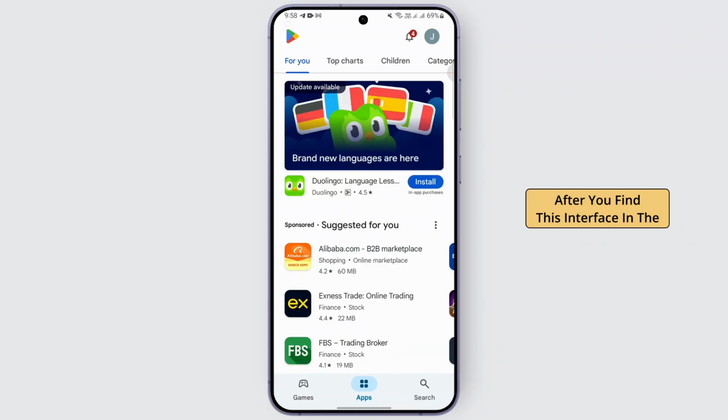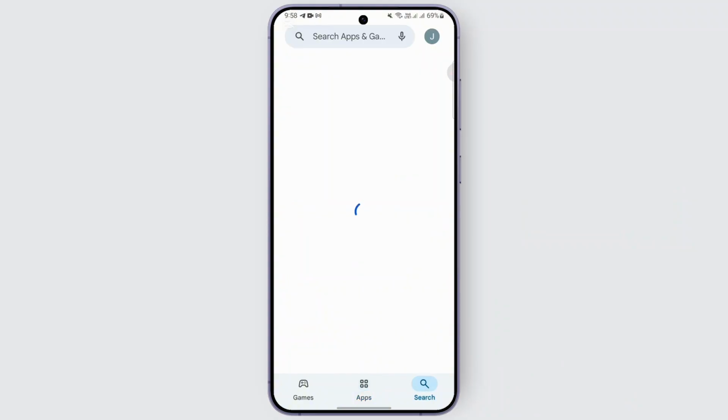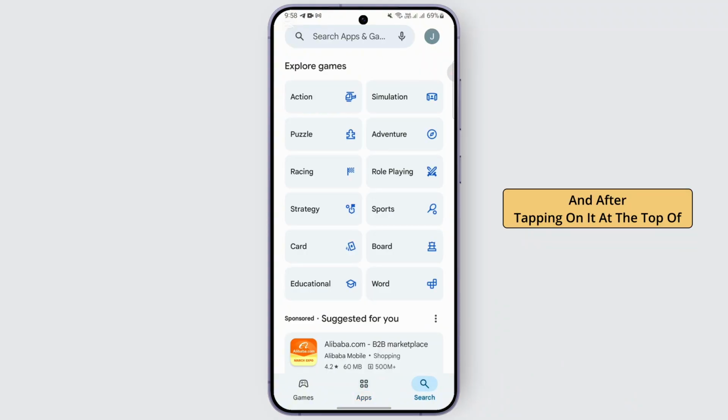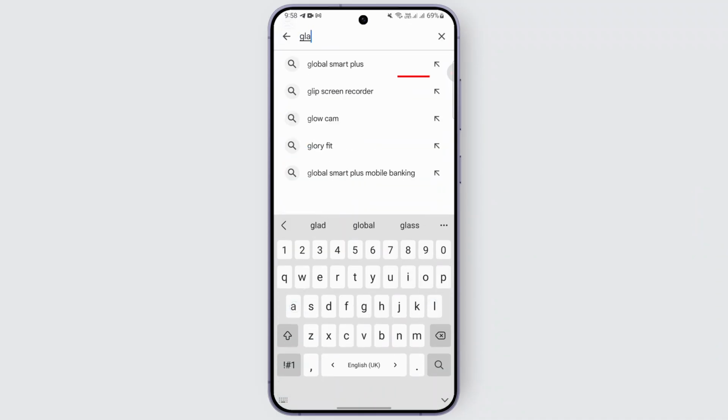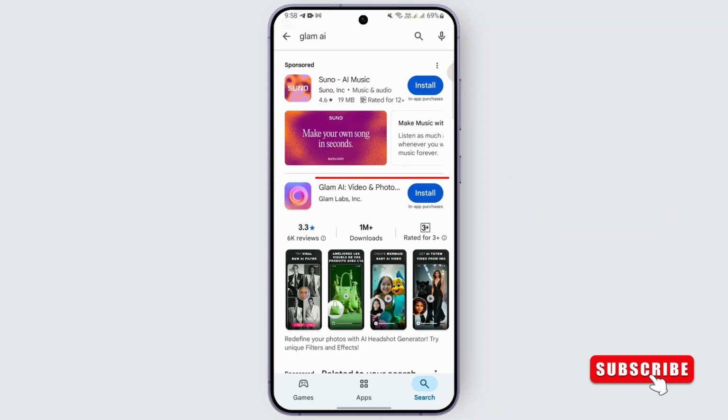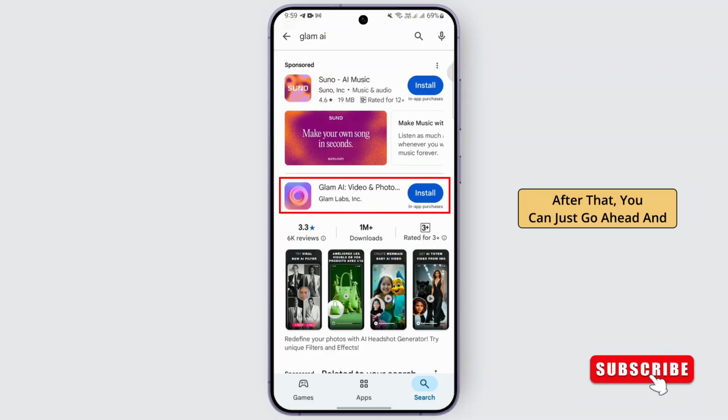After you find this interface, in the bottom right corner of your screen, you should be finding a search bar. You can go ahead and tap on it. And after tapping on it, at the top of the search bar, you can go ahead and type in Glam AI and hit search. After that, you can just go ahead and tap on this one right here, Glam AI Video